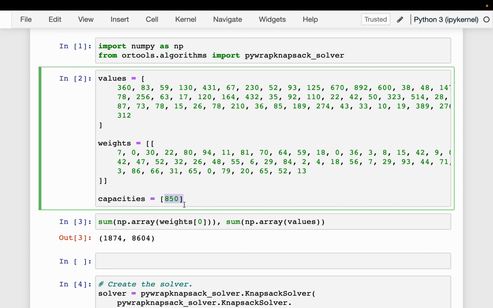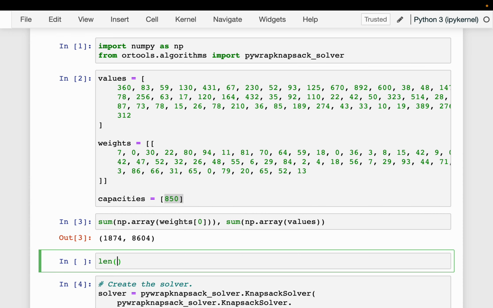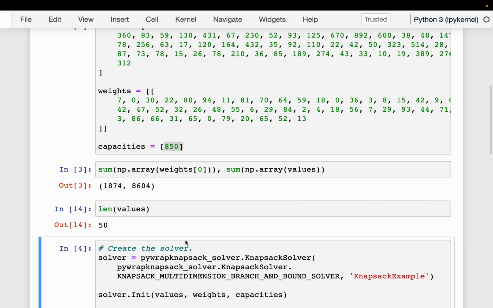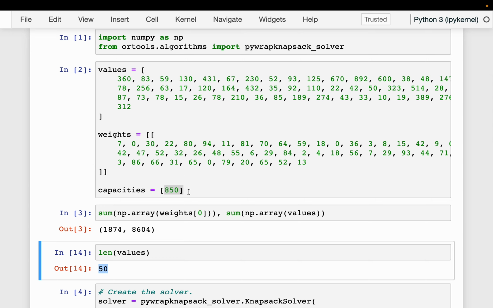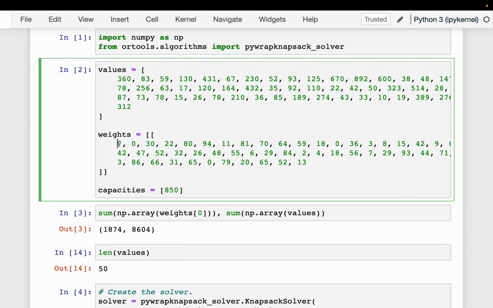Now we have a number of items. For example, let me just print. So we have 50 items in our house, and the truck can have a maximum capacity of 850 kg. Now the weights of the 50 items are this. For example, the first item is 7 kg. The second item is so light that its weight is negligible, and the third item has a weight of